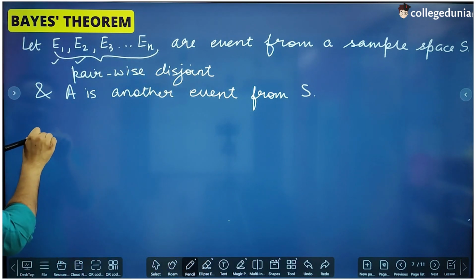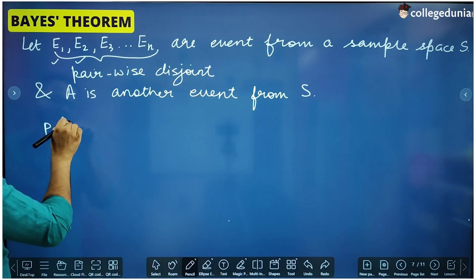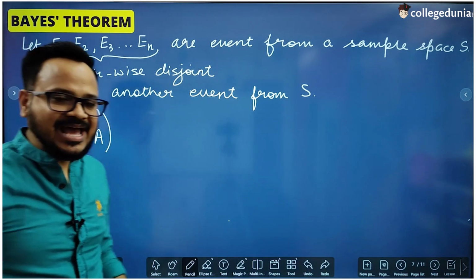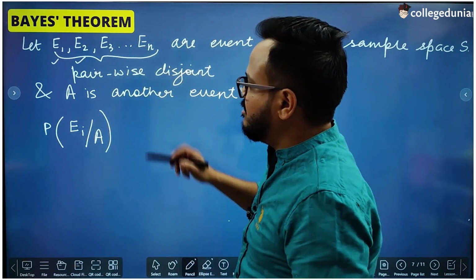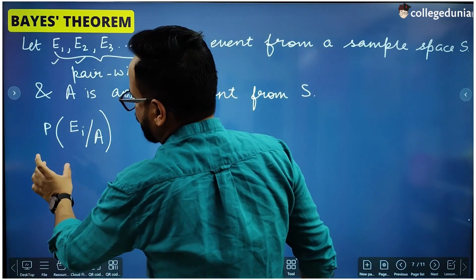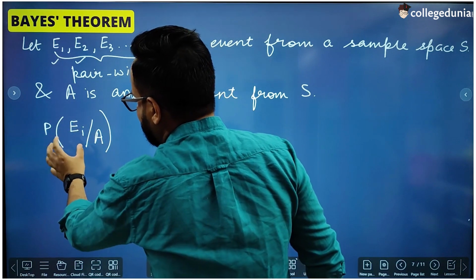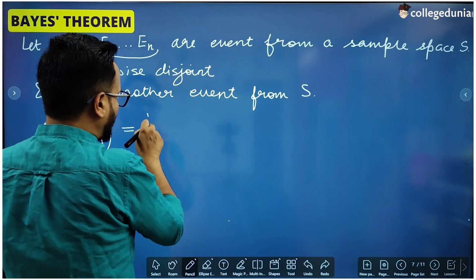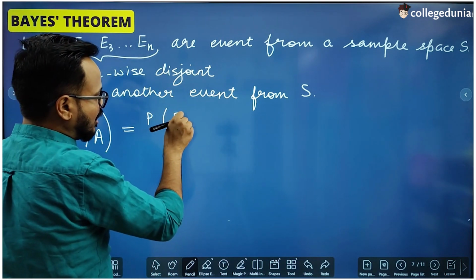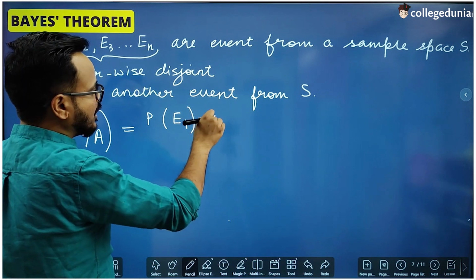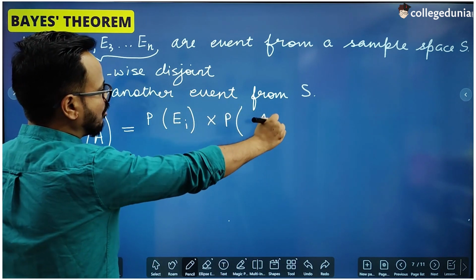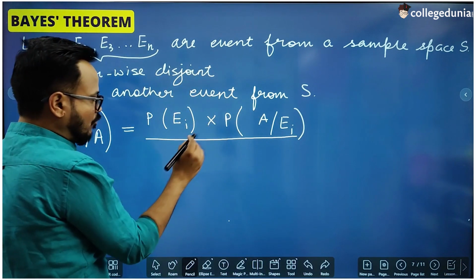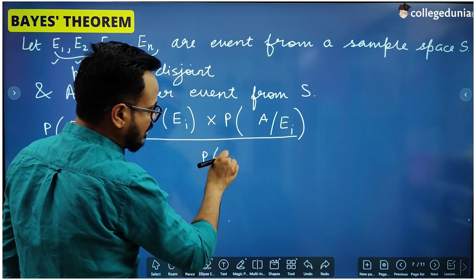So Bayes theorem says that the conditional probability of any event from these events, let us say the ith event, that is, the probability of occurrence of Ei when A has already occurred, is equal to the probability of occurrence of Ei into the conditional probability of occurrence of A by Ei divided by the sum of all these probabilities, which can be written as